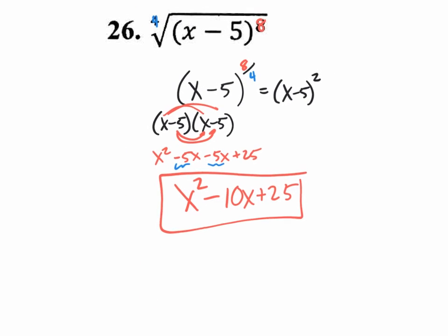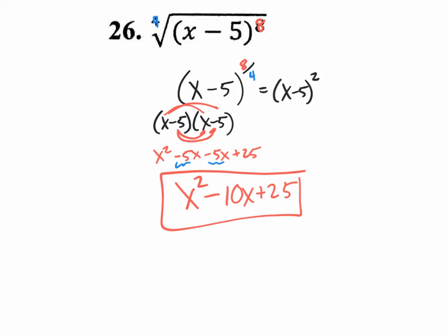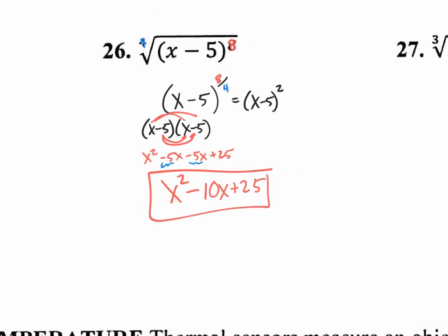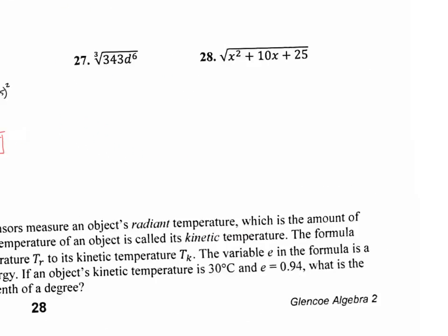For 26? For 26. So on the answers, it actually says x minus 5 in parentheses to the second. Okay. All right. So yeah, this is the answer. Well, we already knew that, right? But let's say final exam, multiple choice, you don't see this answer, they're probably going to write it as a quadratic trinomial. Not only that, this is a good way to lead up to the next question,